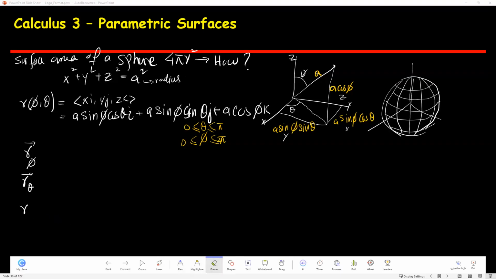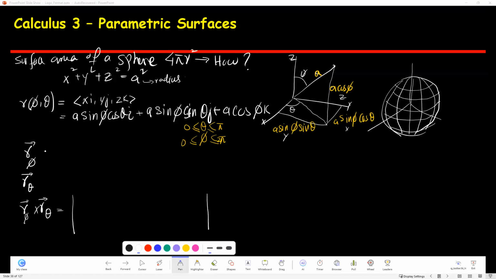I need to calculate r phi times r theta. I need a cross product of the two, so I need to take the derivative. The derivative will be A cos phi. If I take the derivative of this equation, it's going to be A cos phi cos theta i plus A cos phi sine theta j